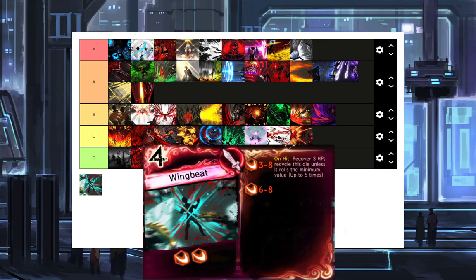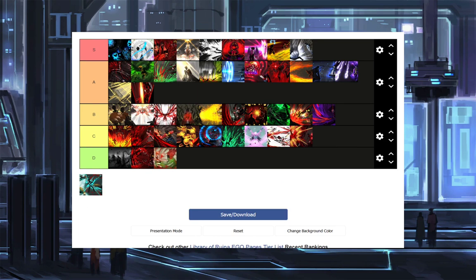Wingbeat as our last E.G.O page. Now, people are gonna disagree with me, I know that. Wingbeat is a melee attack, a 4 cost. First die is 3-8, so that's garbage, obviously. On hit, recover 3 HP, recycle this die unless it rolls the minimum value up to 5 times. And then the second die of 6-8 for some reason, but the first die is the important one, right? It is the one that's gonna save or break you. I have extreme...